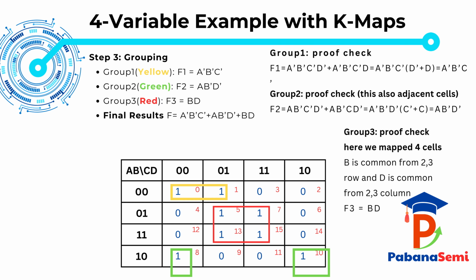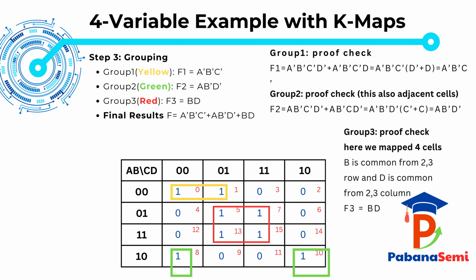The columns are labeled using CD in Gray code order: 00, 01, 11, and 10. Based on the ones in the K-map, we form three groups: yellow, green, and red. Group 1, yellow, first. Consider Group 1, highlighted in yellow. This group contains two adjacent cells in the top row, where AB equals 00, under columns CD equals 00 and